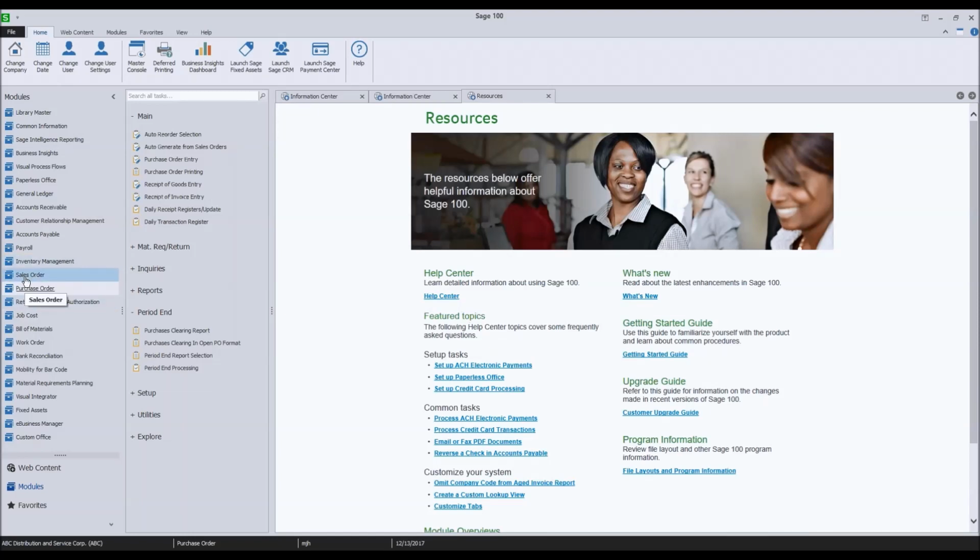Once you get that module done, bounce up to the next one and go ahead and bring it current. Work your way until you get up to the GL module and get it closed. You want to make sure everybody else is out of the software when you're doing this, because if there are certain pieces of data entry that are open, or if people are using modules, the software may deny you from closing.